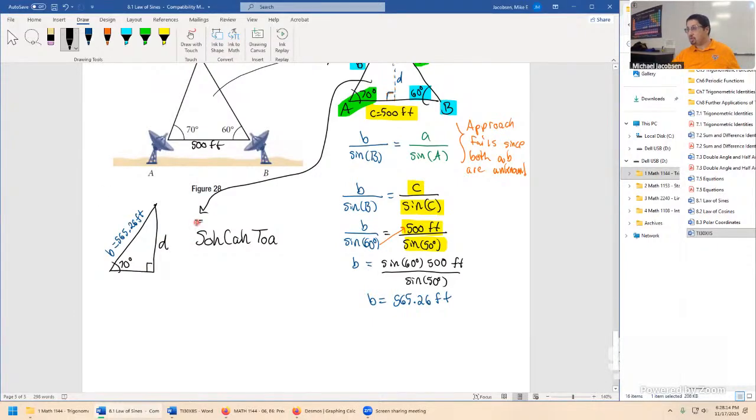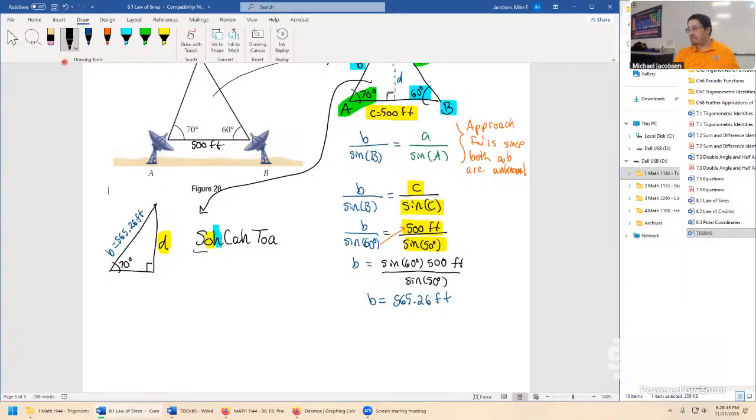Okay, the SOHCAHTOA acronym tells us, well, we have just really 2 angles you could work with. This is 20 degrees right here. I'll just work based off the 70 degrees we see. Sine is the opposite side divided by the hypotenuse. The hypotenuse we have, that's the side B in blue. The opposite side, let me fix my color coding here real fast. The opposite side in SOHCAHTOA is the distance D that we're trying to solve for.